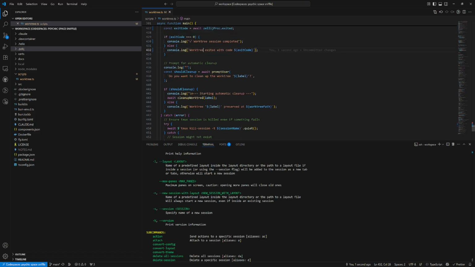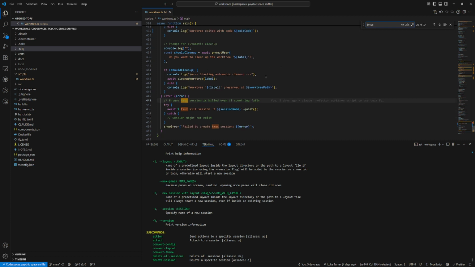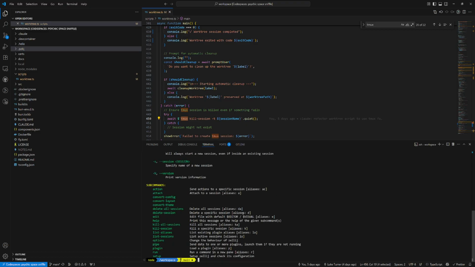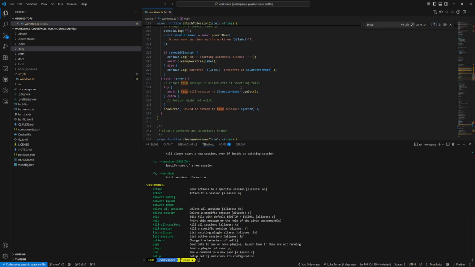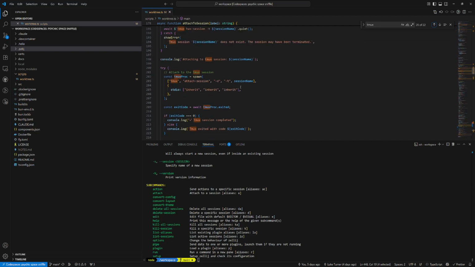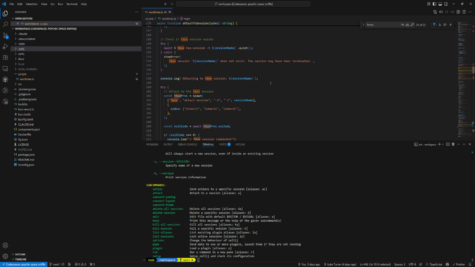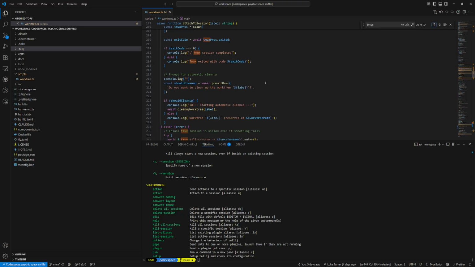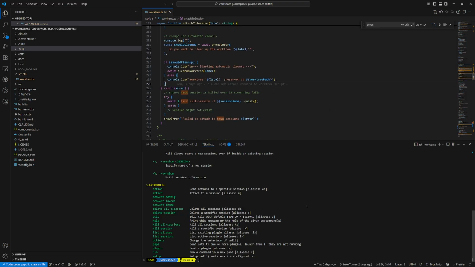And if I look for tmux, do we use tmux commands anywhere else in this file? Yeah. When we're cleaning up. Actually, it's used in a lot of places, looks like. What's going on up here? Oh, there's attach. Okay, well, I'll deal with that in a minute. First, let's see that this actually works. So if I do wt new now,